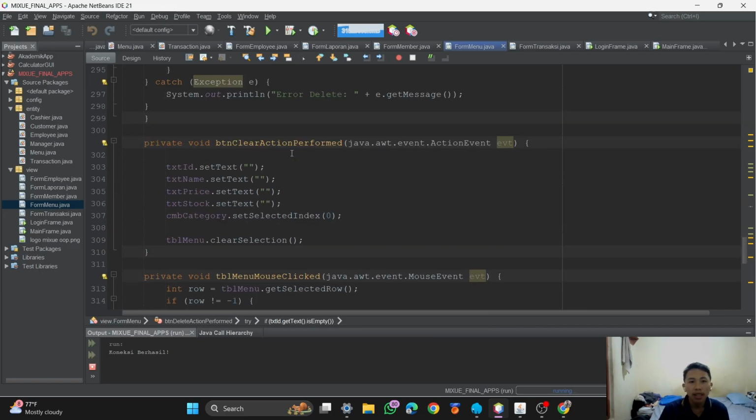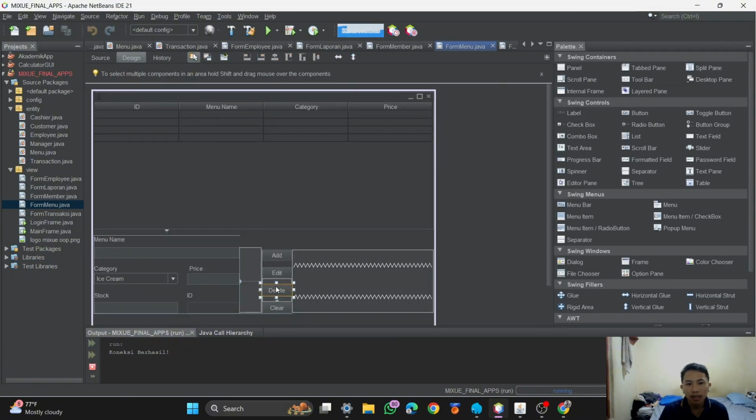Next is the clear action button. What does that mean?